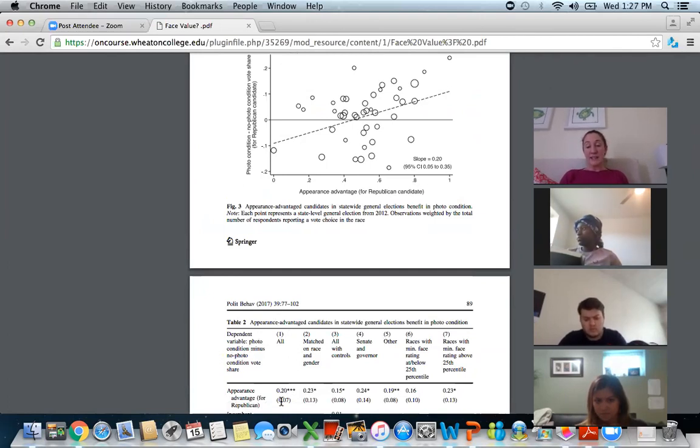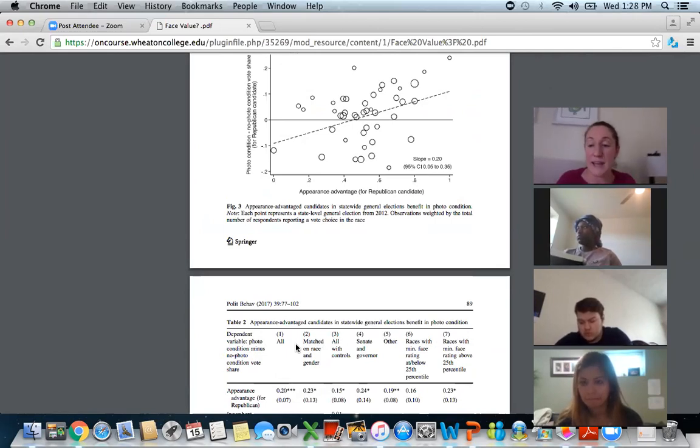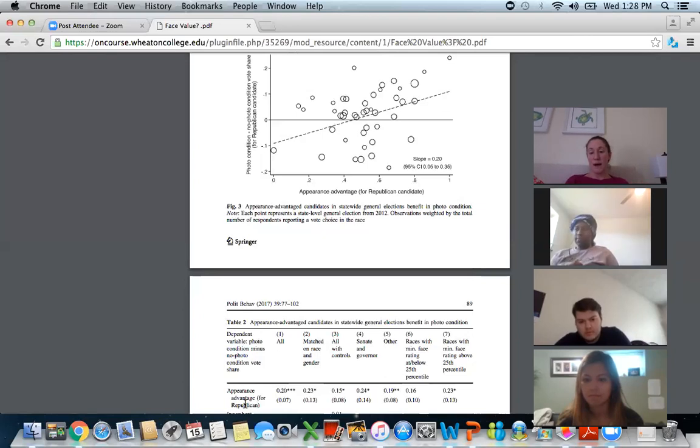However, in your quiz last week, you also saw an example of a table with multiple columns. The reason that there were multiple columns in the article from last week was because there were different dependent variables. You might remember last week's article was a little different because there was one key independent variable across the models with different measures of the dependent variable. That's what I think some people struggled with in the quiz, locating the correct data in terms of where on the table it corresponded to the independent variable and the dependent variable from